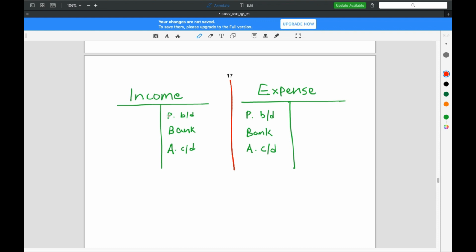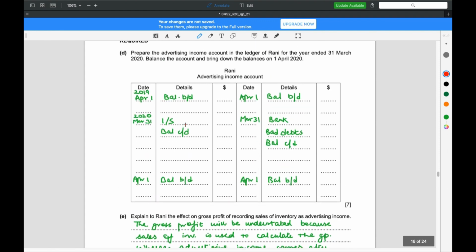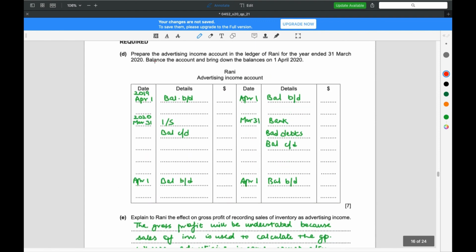And obviously on the other side, this would be prepaid carried down, accrued brought down, the opposite of these. And then to balance this out, we would balance this off by using the income statement value. But let's see what happens here. So he says here,